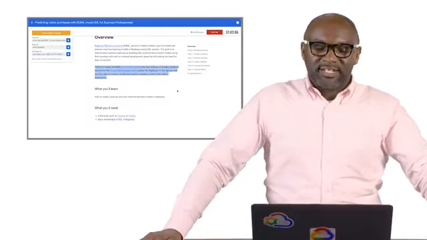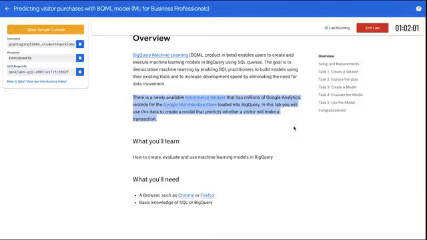So let's get started. You will be using a new quick lab environment we created for you. When you log into the quick lab, this is what you'll see. You see we have a temporary username and password as well as a GCP project ID created for you. The first thing you want to do is to click on this button to open the Google console.